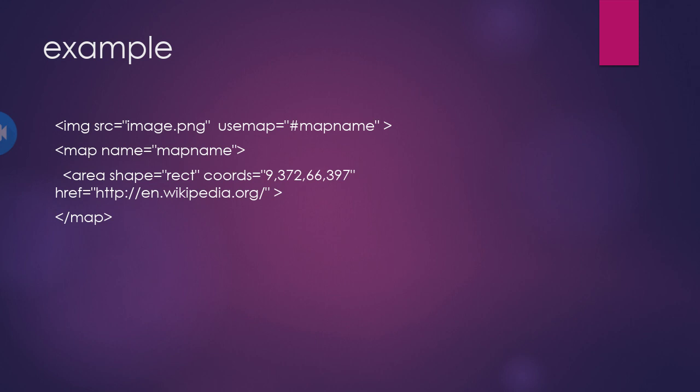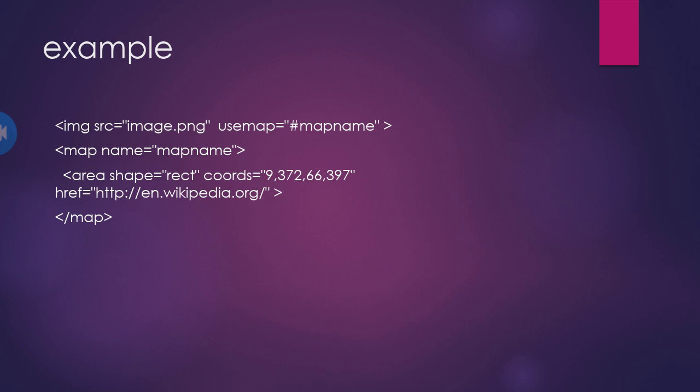In the third line, start with an angular bracket, area shape. Area means you have to write about the area, which shape you are using on the area. So the tag is area. Start with area, then shape. Shape means whatever shape you want to use. Suppose we want to use a rectangular shape. So write shape equals rect, R-E-C-T, in the double quotes.